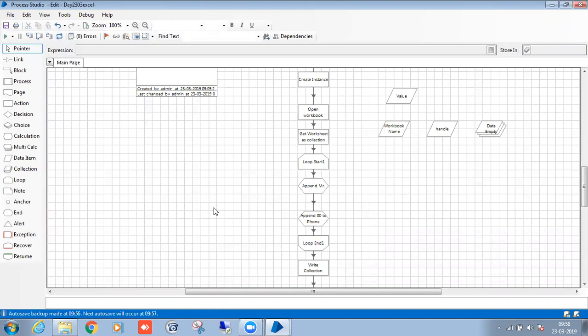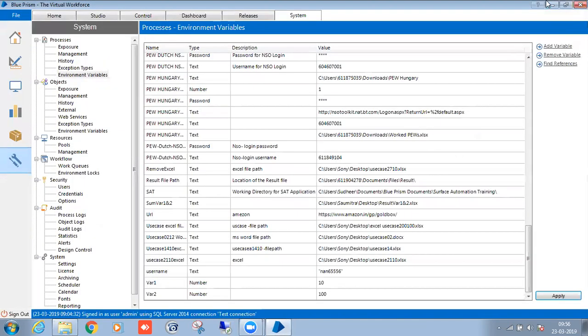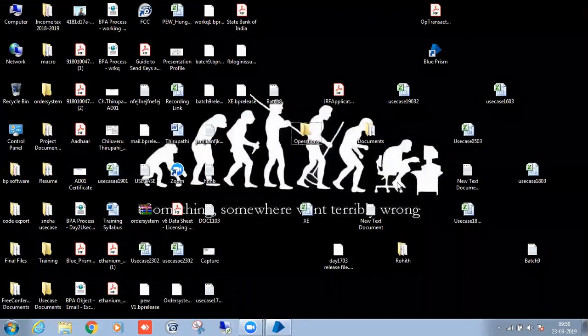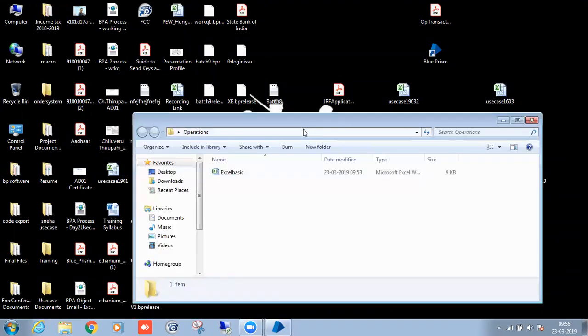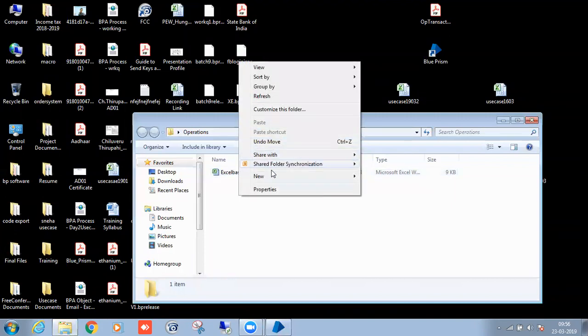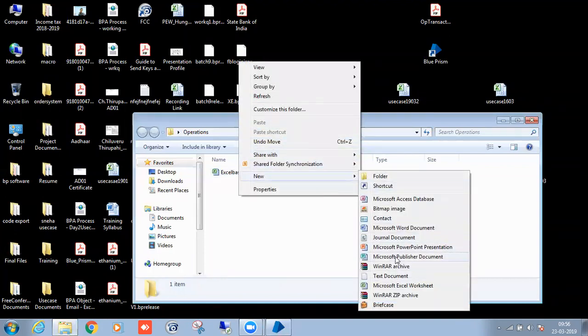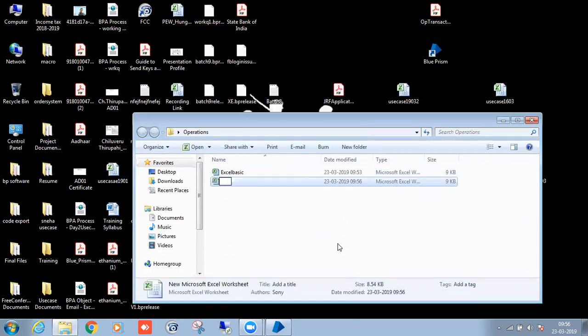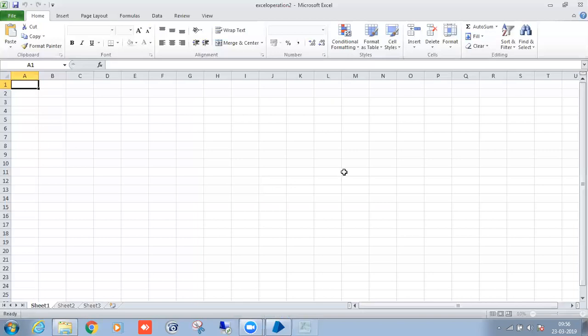Okay, fine. So I will take one more Excel file. Okay, so this is the basic one, and some people are also asking about this use case.